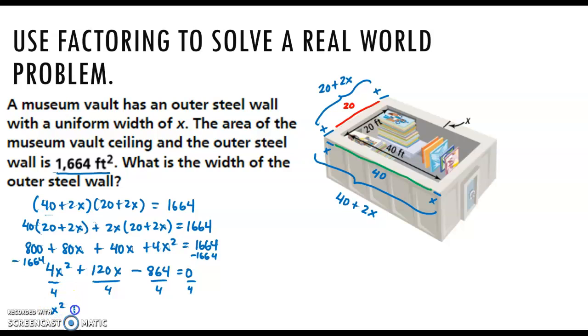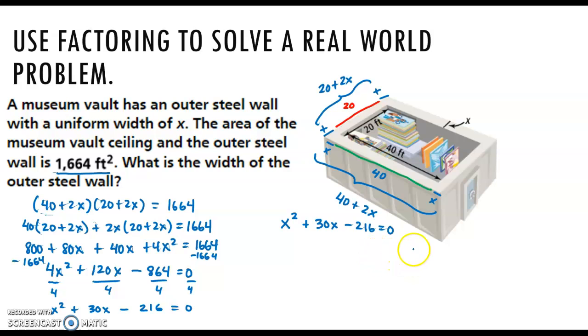So we have x squared plus 30x minus 216 equals 0. So now we've gotten ourselves to another standard form equation, and this standard form equation is factorable, so we're going to look at factoring this. As you can see, it's a lot of steps. Now we have to factor this new thing. So we started off kind of in factored form, and now we're going to go back to factored form again,